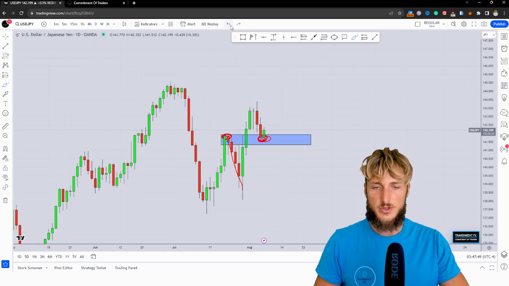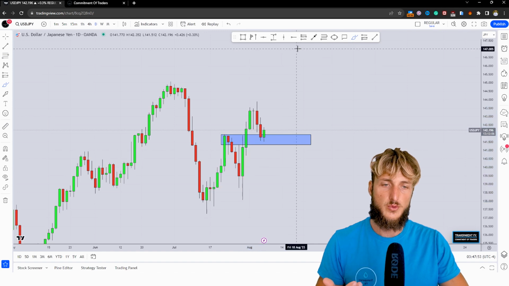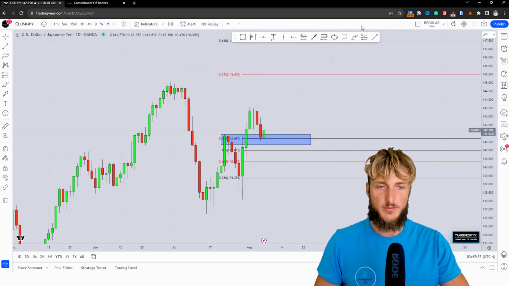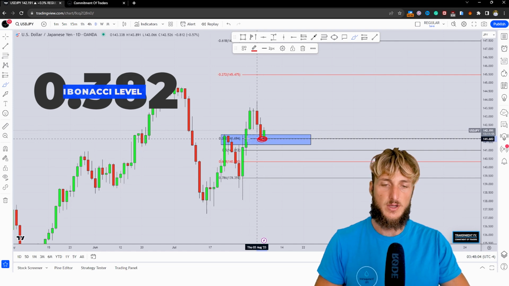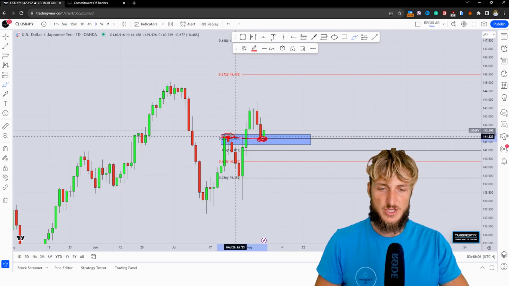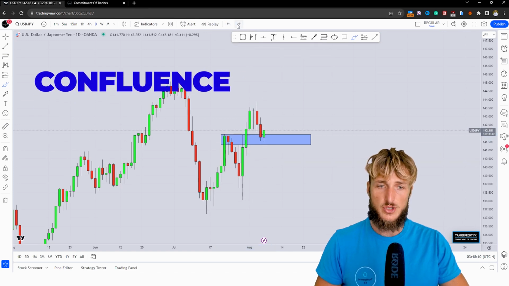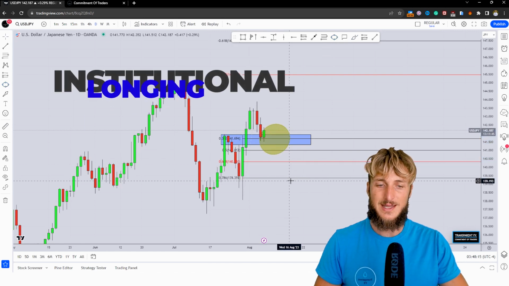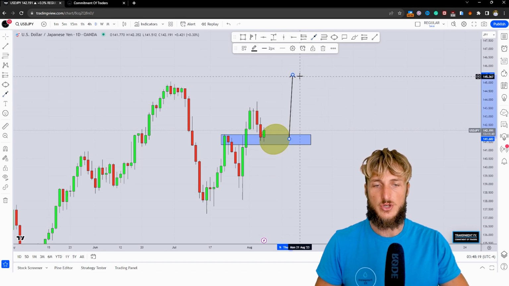And we must also notice that, as we did on the monthly, since we have an impulse and correction, if we want to measure the correction, we have to take our Fibonacci from the low to the high of the impulse leg, which shows us how we have a perfect 0.32 retracement lining up perfectly with this previous structure resistance turns support, creating a confluence of support, inside of which we could see institutional longing. And if we see institutional longing, that would further increase the probabilities of getting a rejection to the upside